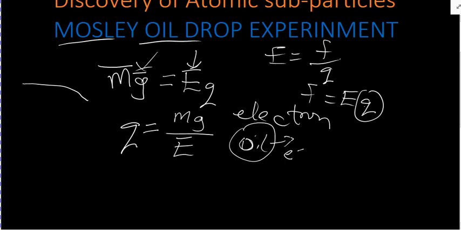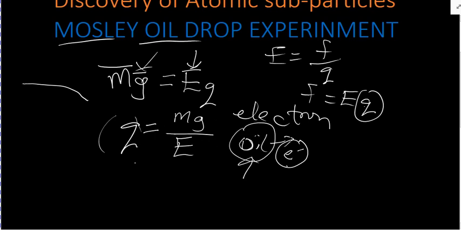So definitely the ionization is such that it carries a negative charge. And in an oil drop, the only particle that has negative charge is the electron. So being able to calculate the charge of that oil drop based on the electric field that